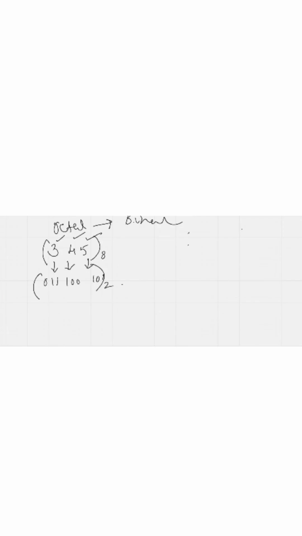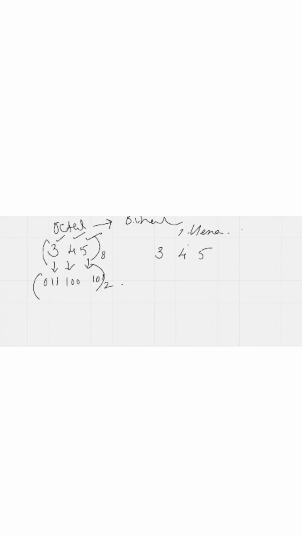Similarly, if you want to convert this into a hexadecimal number, hexadecimal 3, 4, 5, each digit should be represented as a 4-bit binary value. So we need to convert this to an octal number first, and from the octal number, it should be represented as a binary value first, and from the binary value we can write